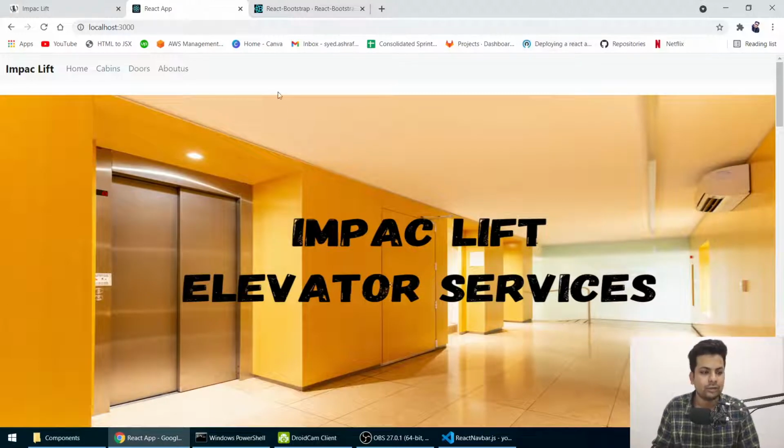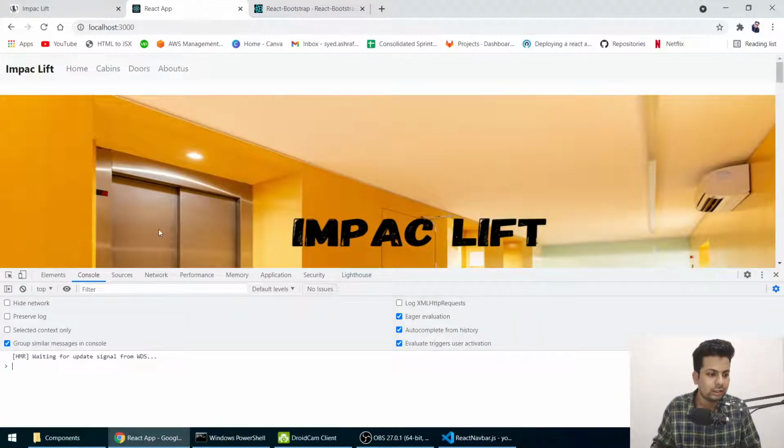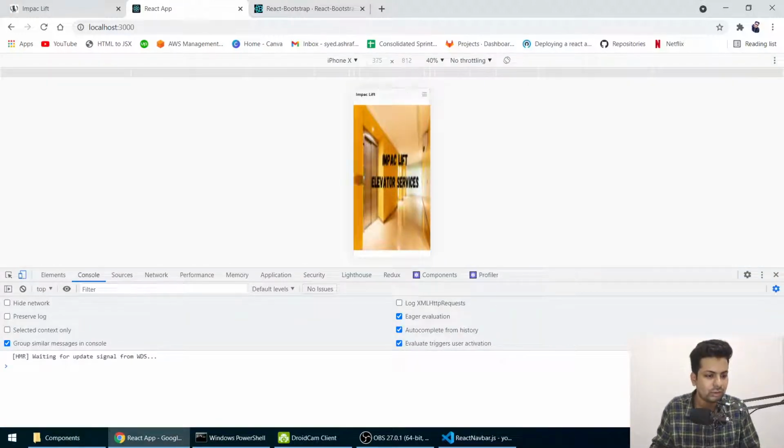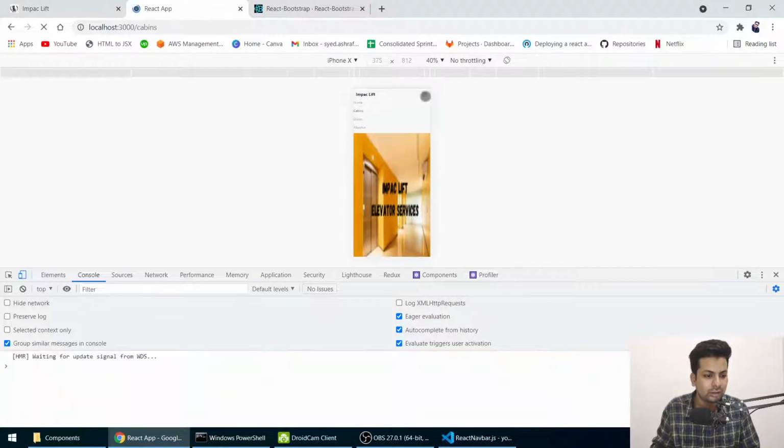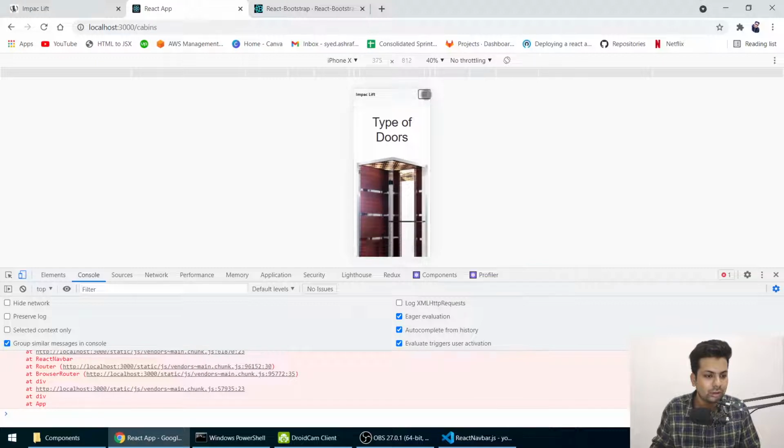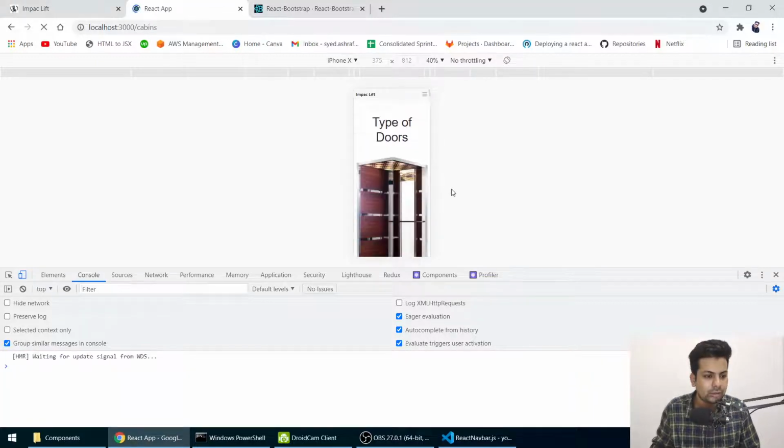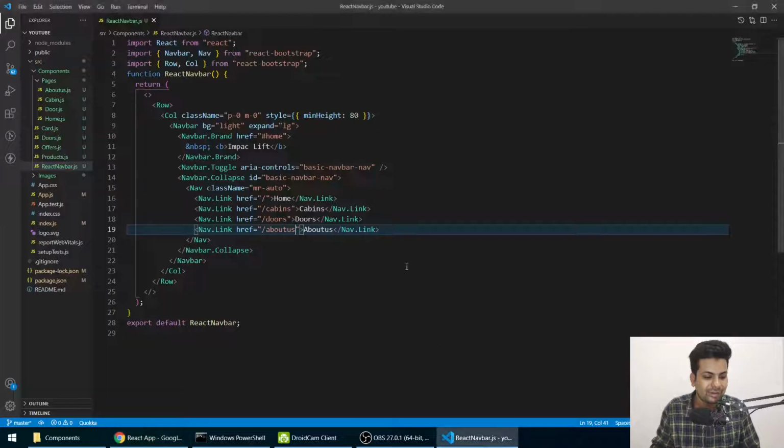Okay, so now if we look at it, is it responsive? So it's totally responsive. If I just click here and click cabins, and we got the type of those, we'll give cabins. We are opening cabins and showing doors, cabins.